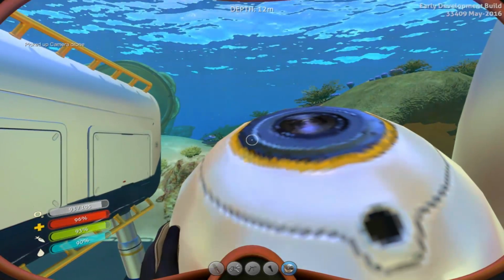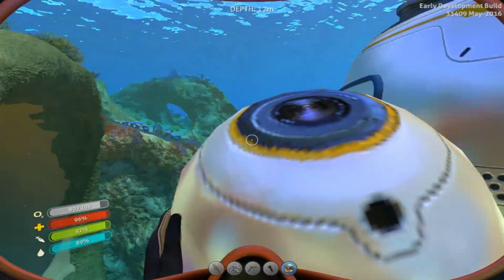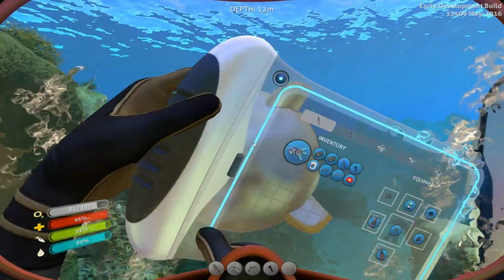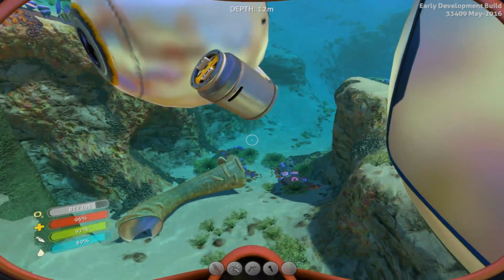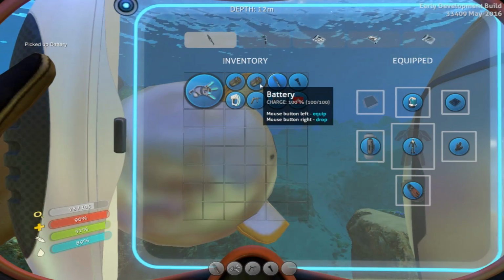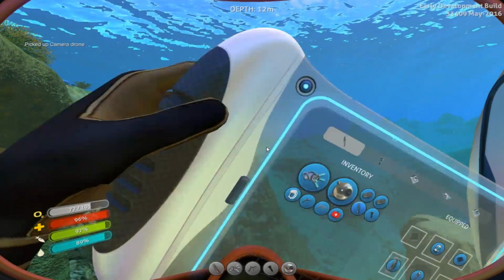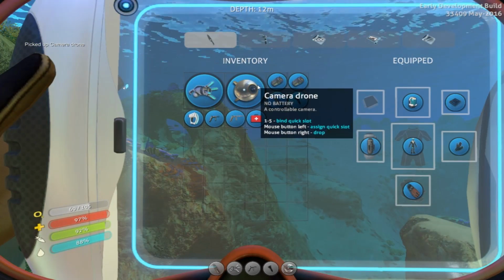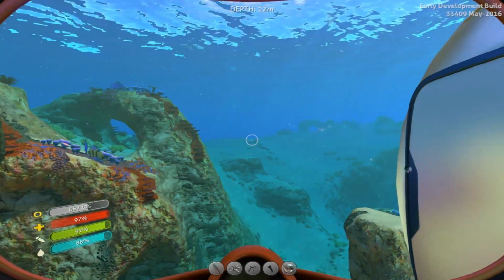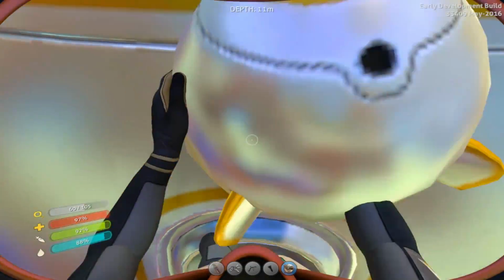But here's the interesting thing. I'm hitting the R button, and it's not bringing up the battery. Huh. What happens? Can I, like... Oops. Nope, give me that. Can I not? Oh. Oh. Okay. A controllable camera. Yes, I know this. This is very odd. Because on the one hand...